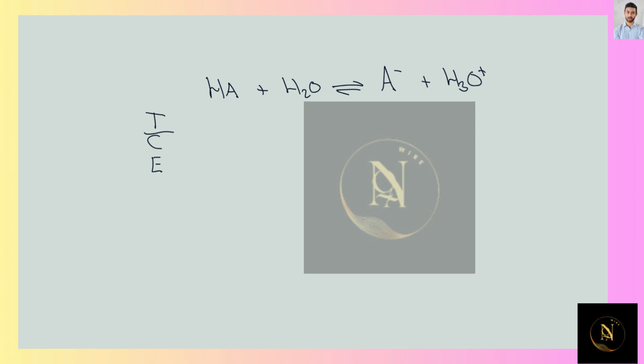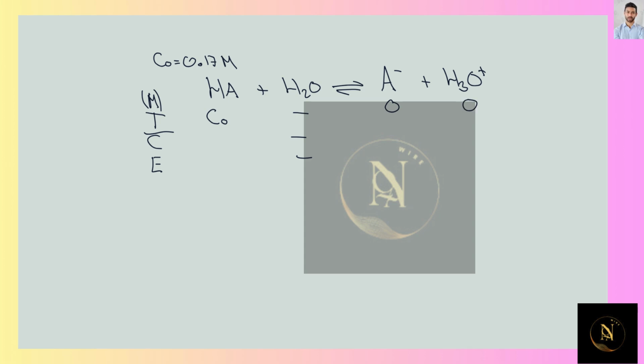Here in this case, I'm going to put everything in molar concentrations, but I'm going to label the initial concentration C0 just for the sake of simplicity when I fill the ICE table. And we have an initial concentration of 0.17 molar. The amount of water is not going to matter in our equation because it doesn't enter into any equilibrium equations. But I know that initially I'm going to consider that I have 0 of A minus and